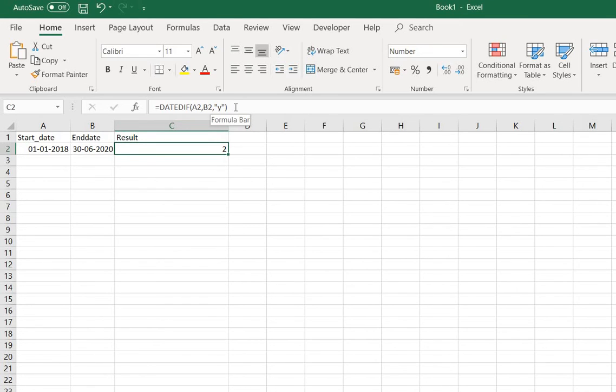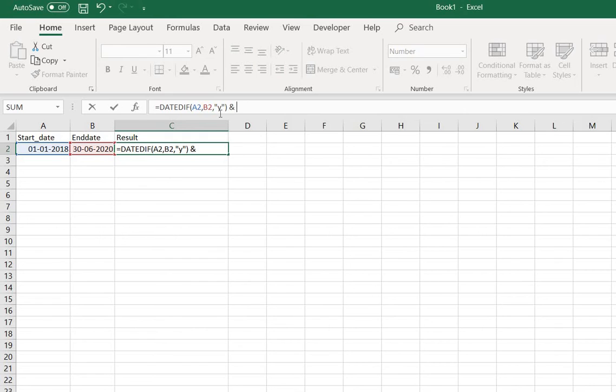For that you have to write DATEDIF, and you have to select the two cells like I did here. Then you have to first take the years, then close the bracket, and start this ampersand. Using the ampersand you do the concatenation.